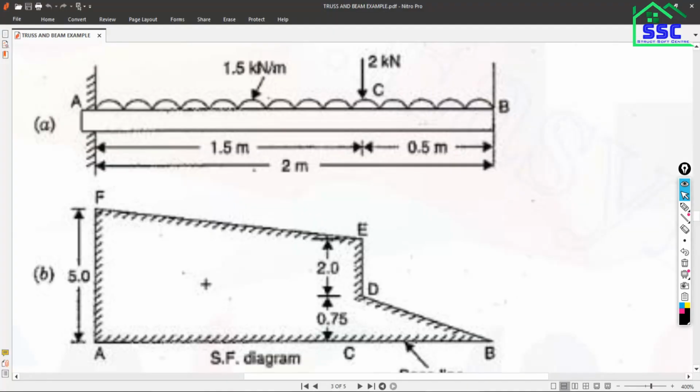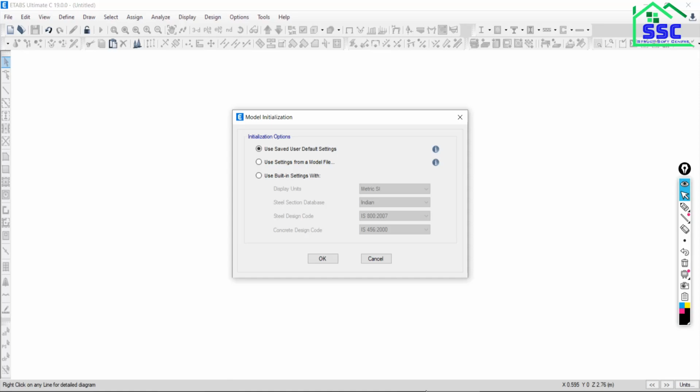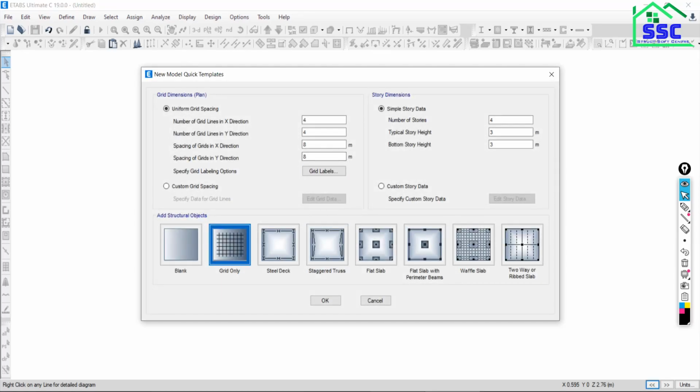Check the unit whether it is feet or inches or meter. Meter. We have to work under the metric SI unit system. So go with the third option, metric SI, Indian 800 2007, IS 456 2000. Say okay. How many grids will be there?